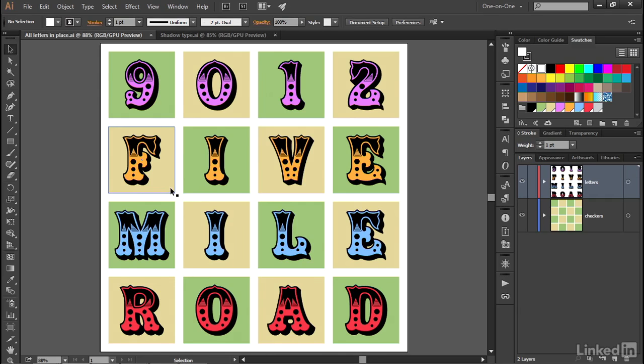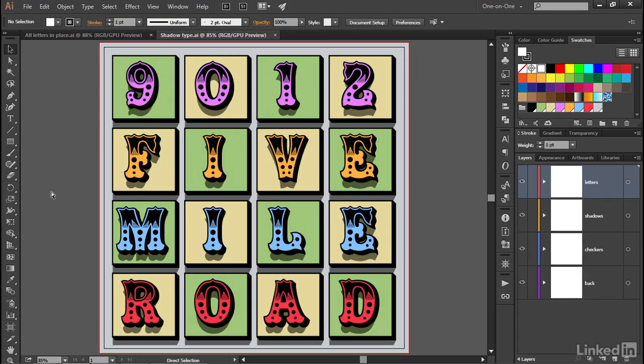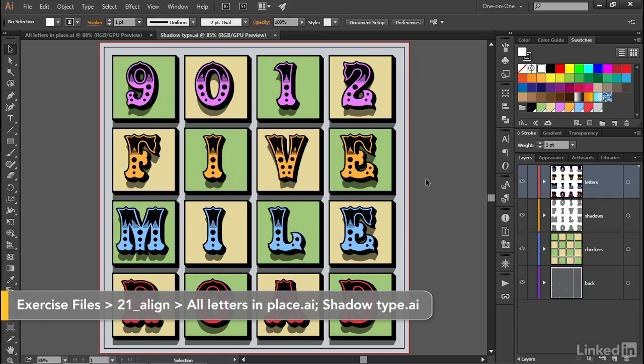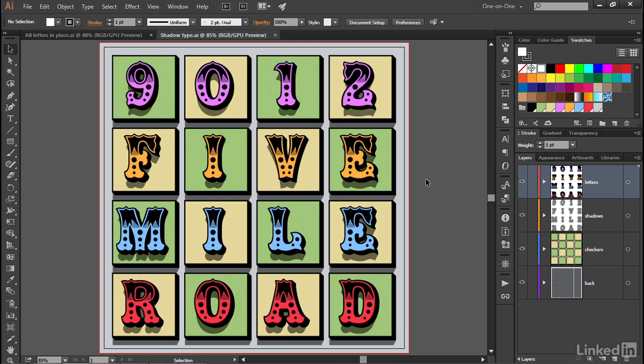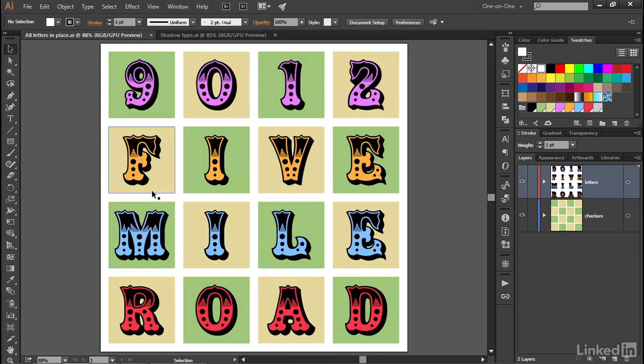In this movie, we'll make all the squares match the letters so that they have both strokes and beveled edges. And while this doesn't really have anything to do with alignment per se, it is a really cool technique, and it is going to throw off the alignment of our artboard, although we'll fix that problem before the movie is out. All right, I'll go ahead and switch over to my document so far,